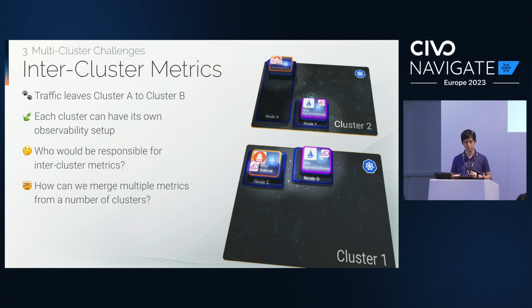So you can have cluster 1 doing its own observability dashboard and setup. But if the traffic goes out of cluster A or 1, how do you get the data from cluster 2? Or do you want to get that data in cluster 1? Or what happens if you were to connect three clusters, cluster 1 to 2 to 3? If you want to get the metrics from cluster 3, you don't really get connected from cluster 1's perspective. You only have that as a dependency pipeline. You only see that in a chain of metrics, but you don't actually see the pinpoint. You can't really pinpoint the metrics, and that could be a challenge. Obviously, there are a few ways to do it, but it's definitely worth mentioning the challenge.